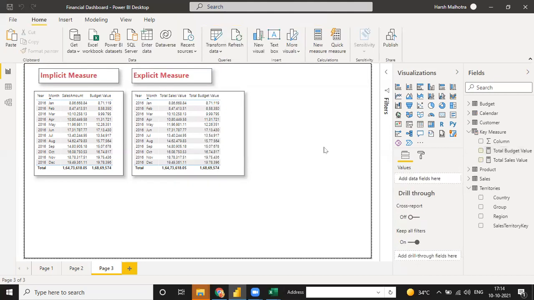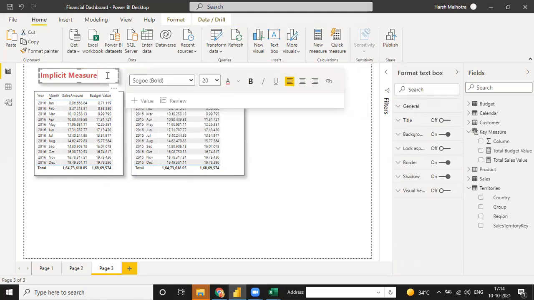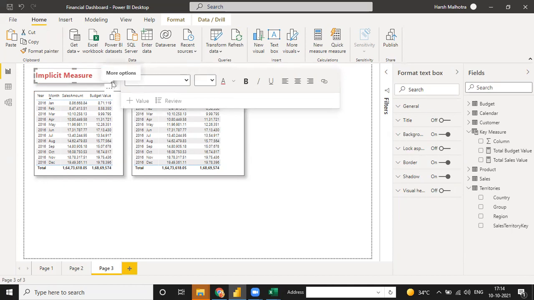That is the reason that we should always calculate the explicit measure for our tabular presentation or for any visualization presentation. Just formatting.